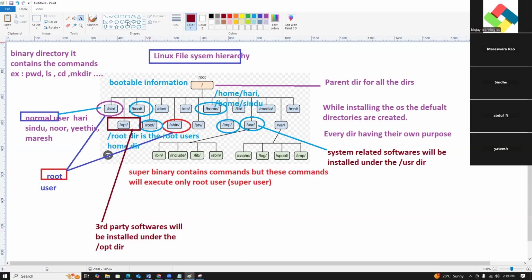So what is etc? Etc is nothing but all the configuration files. I will tell you guys what the configuration files are.